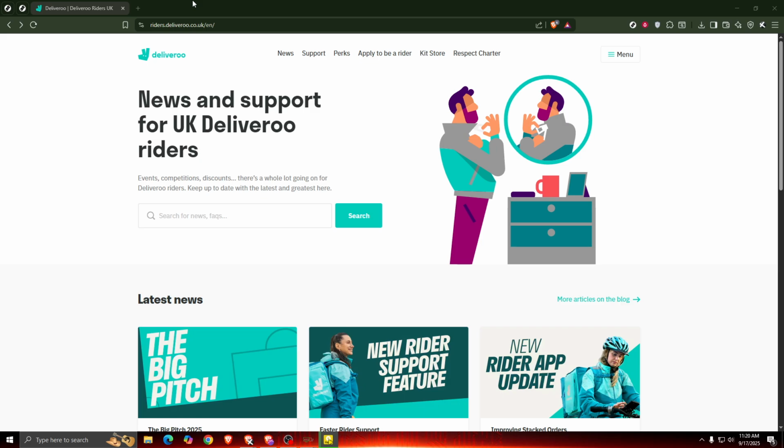First, you'll want to head over to the Deliveroo Riders UK website. You can do this by opening your preferred web browser and in the address bar, typing riders.deliveroo.co.uk/en. Press enter, and it will take you to the homepage where you'll find everything you need to manage your